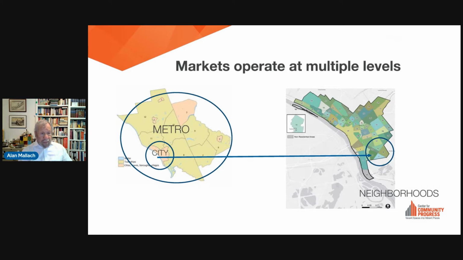And a similar house might sell in Princeton for 10 times what it would sell for in Trenton. But if you look at the city of Trenton, and this is the important point, Trenton is full of literally dozens of separate submarkets at the neighborhood level. And each one is somewhat different. And if you're going to be working in a particular neighborhood or in a city, you really have to understand the neighborhood markets. Next slide, please.